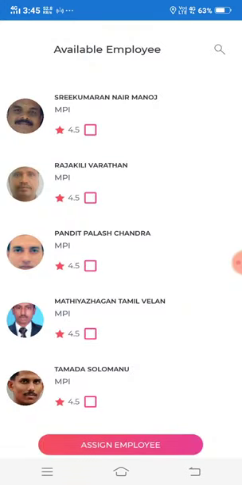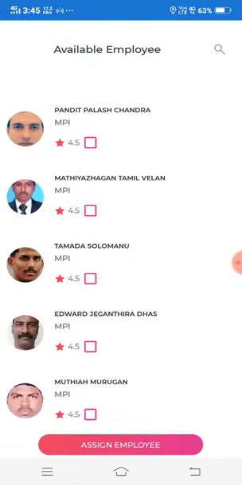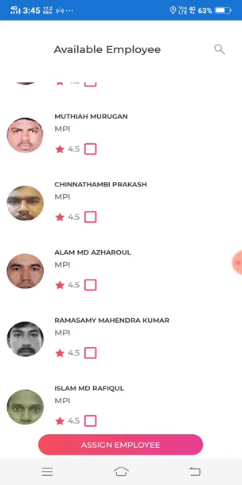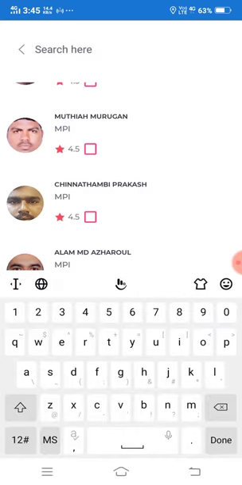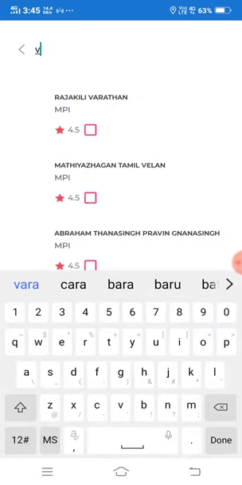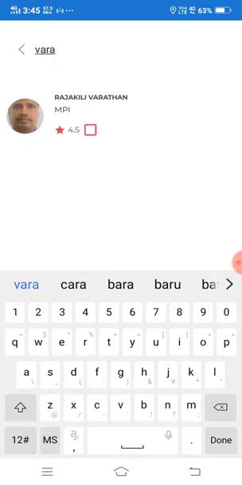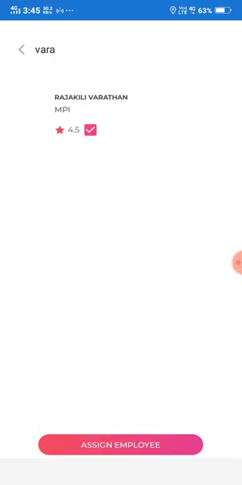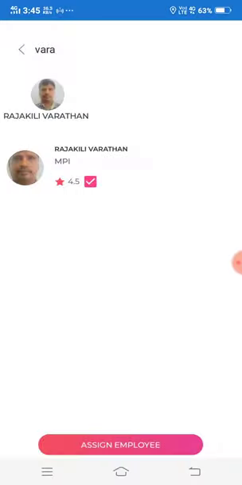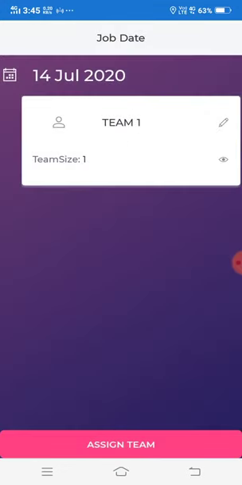Once you open the team, you will get the available employees based on the skill set. I'm going to assign one employee as a leader. So I simply click the assign employee button.